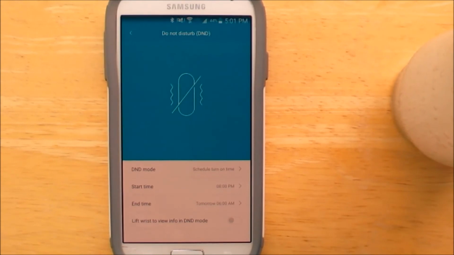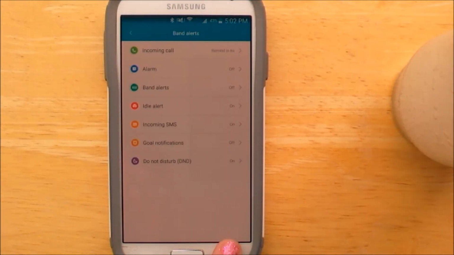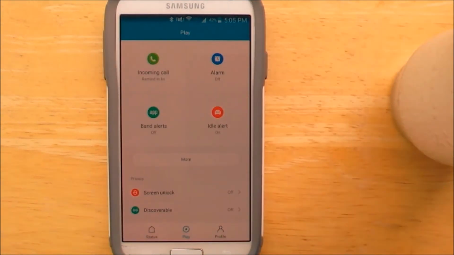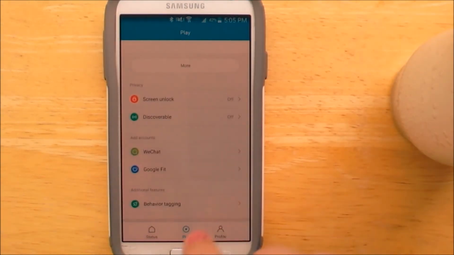I have Do Not Disturb turned on. I do not want any band alerts from 8 p.m. to 6 a.m. Also, down at the bottom, you can see I have the lift wrist to view info disabled. So between 8 p.m. and 6 a.m., if I lift my wrist in the middle of the night, that light from the band is not going to disturb me. Remember, I'm just hitting the back arrow to go back. At the bottom of the play page, scroll down,